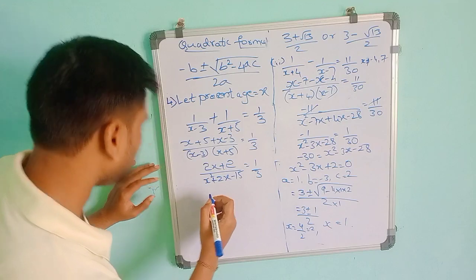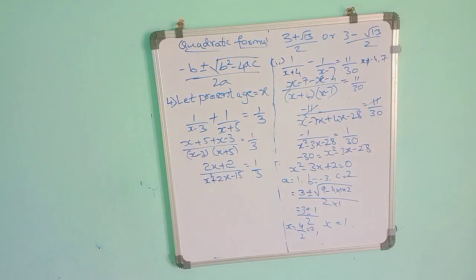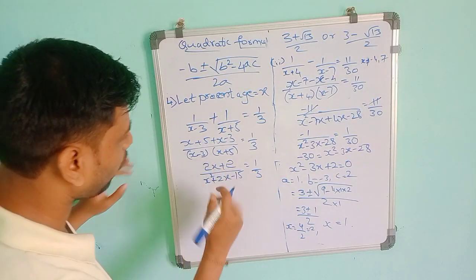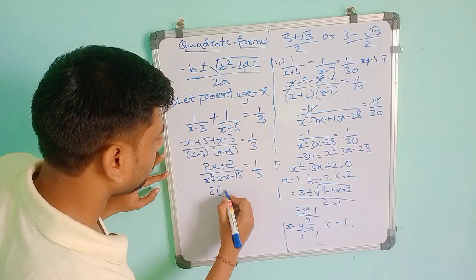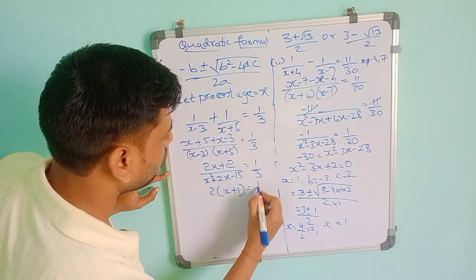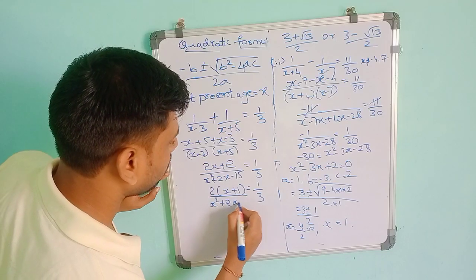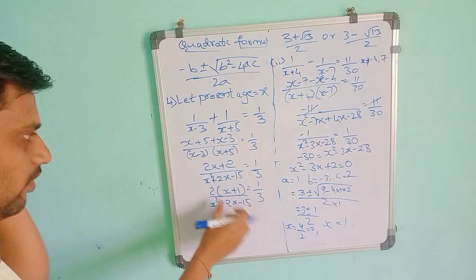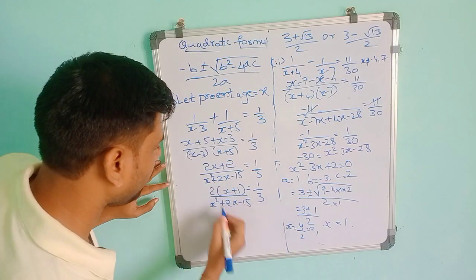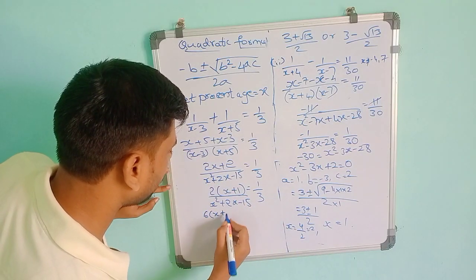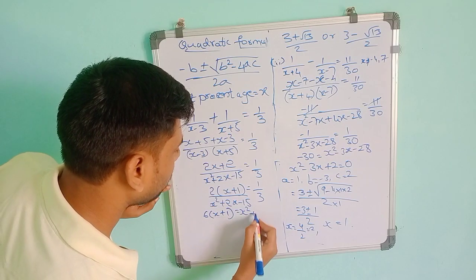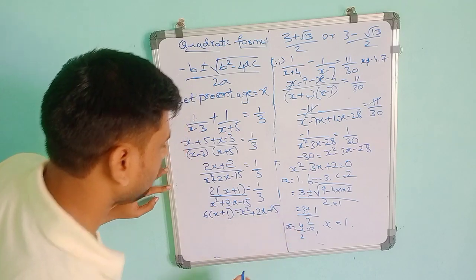Then if you take common 2 here, it will become 2 into x plus 1 is equal to 1 by 3 divided by x square plus 2x minus 15. So equal sign is there, so we have to do cross multiplication. So 3 into 2 is 6, x plus 1 is equal to x square plus 2x minus 15. So if you solve this one,